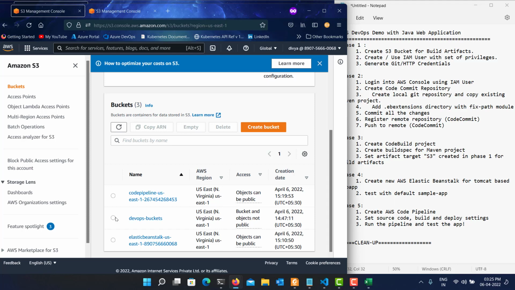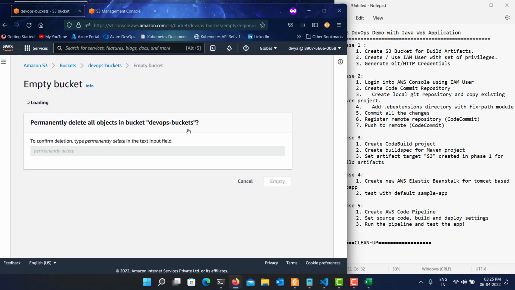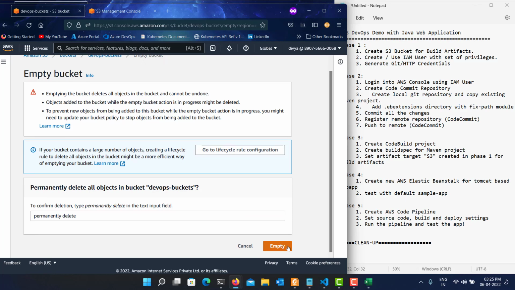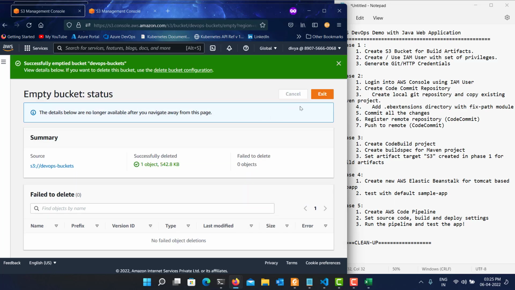So first empty the bucket. Empty bucket means you are permanently deleting all the contents of the bucket and making the bucket empty,